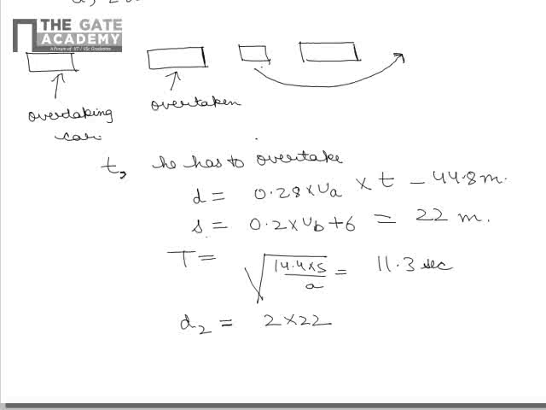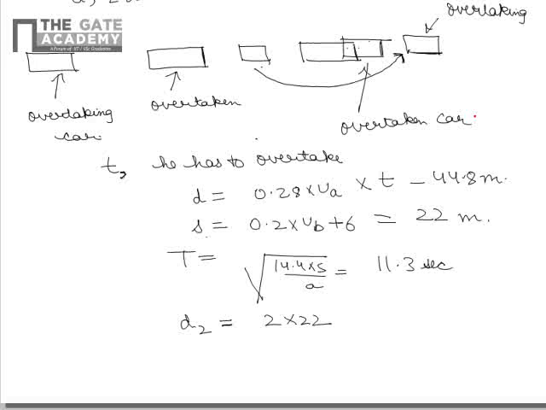So he will move some distance ahead, and the overtaken car will move slightly ahead from this position. So now positions are reversed. Now this is the overtaking car and this is the overtaken car. Now this safe distance between two vehicles has to be maintained before starting as well as